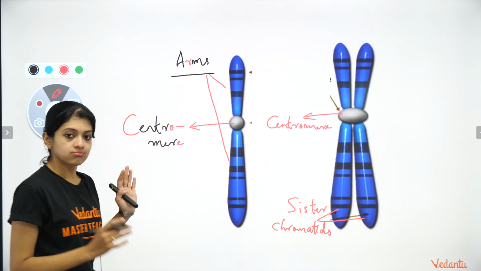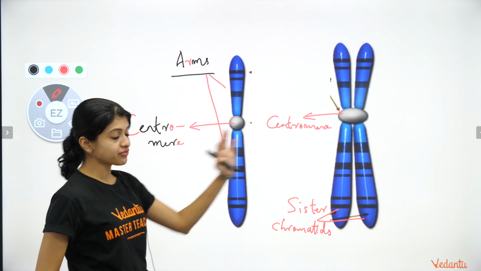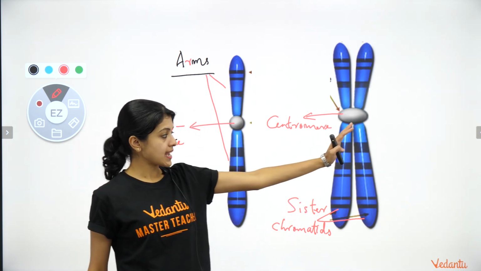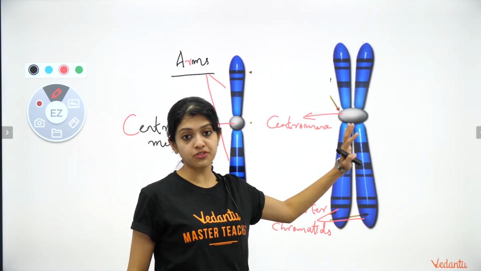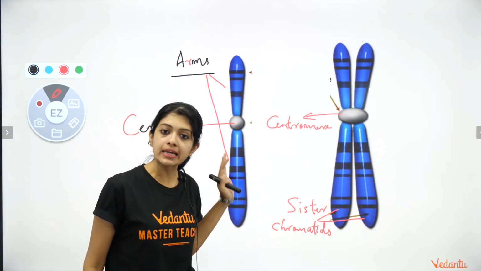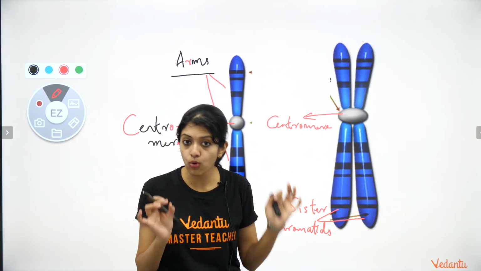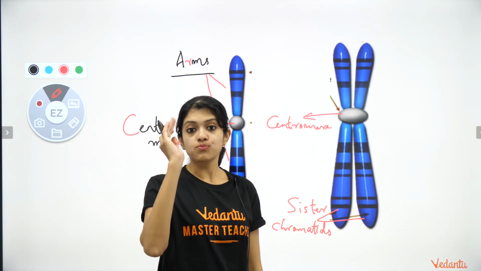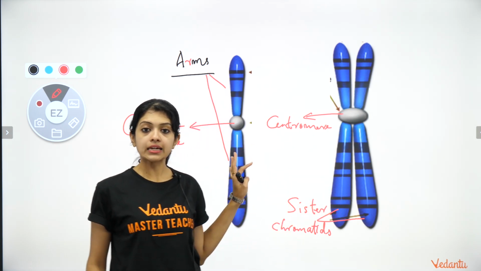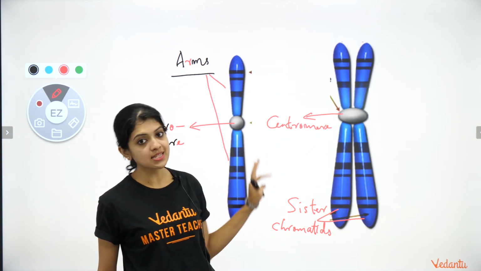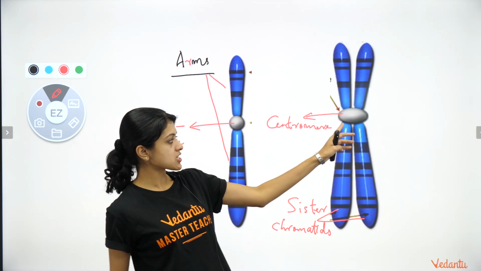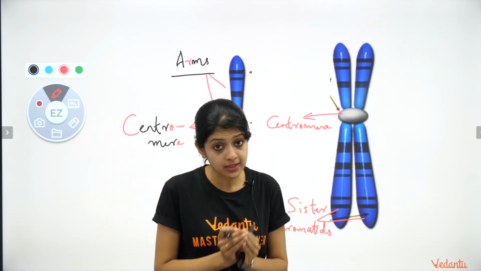Okay, so what I'm trying to say is that both of these are chromosomes, the only difference being this is seen only at the time of cell division after the DNA has duplicated, and this is how the typical chromosome structure is supposed to be. So do not get confused. In this structure you have two sister chromatids. Here we don't differentiate it as sister chromatids, it's just two arms, right? And here the sister chromatids are held together by the centromere.